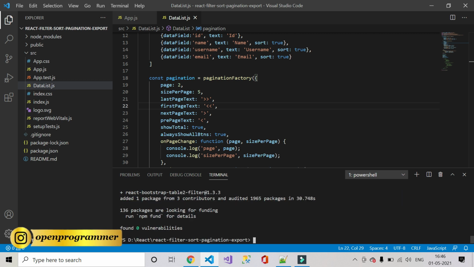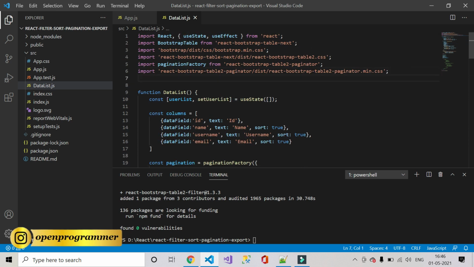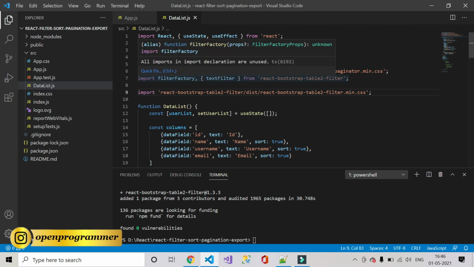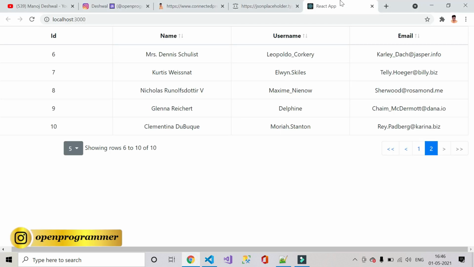So the package has been installed. Now go to the top. We have to import the filter factory and text filter from this package, and also the CSS file. Now we have to do some modification in the columns. For example, let's say on this name you want a search filter.